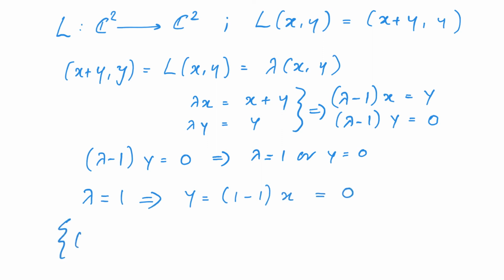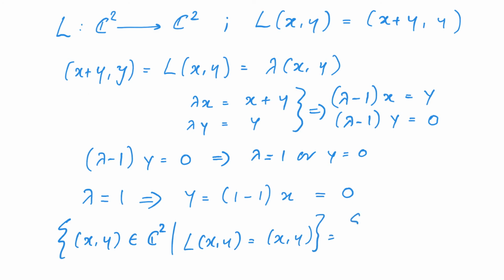Therefore, the set of all (x, y) in C2 such that L of (x, y) is equal to (x, y) is equal to the set of all (x, 0) such that x belongs to C, which is a